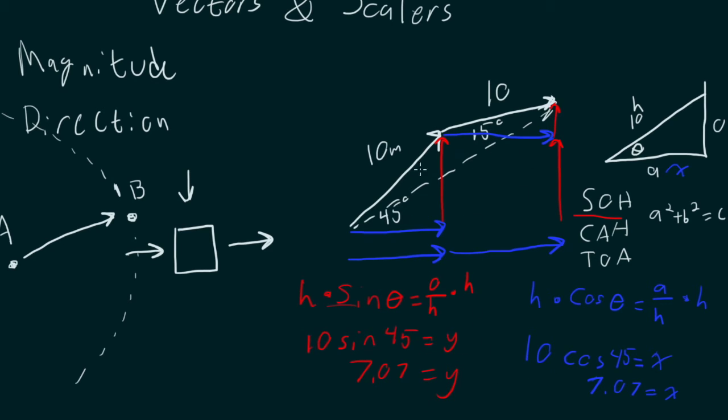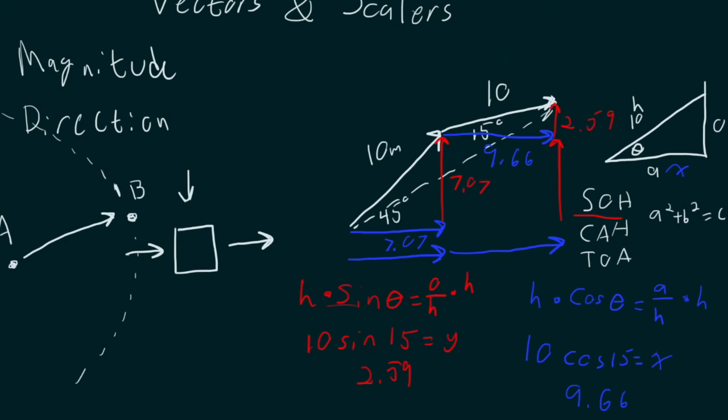Let's try that again. The only thing that changes here is that I'm going to use a 15-degree angle for both of these. So if I put these into my calculator, I should get two different values this time. 10 times the cosine of 15 is going to give me 9.66. So this guy right here, this is going to be 9.66. And then for 10 times the sine of 15, I get 2.59. And so if I wanted to figure out my resultant vector, I would just add up these components.